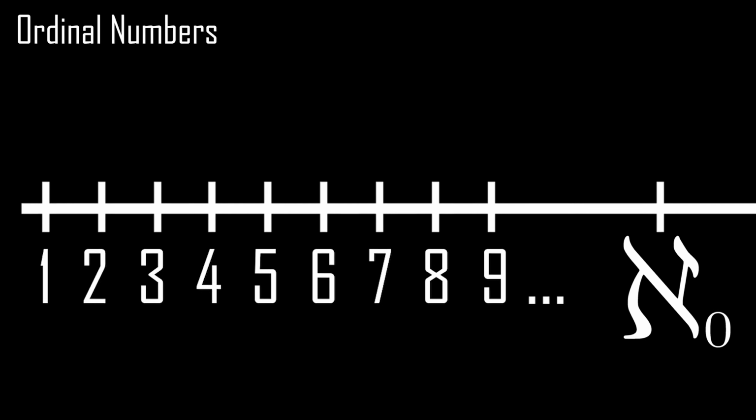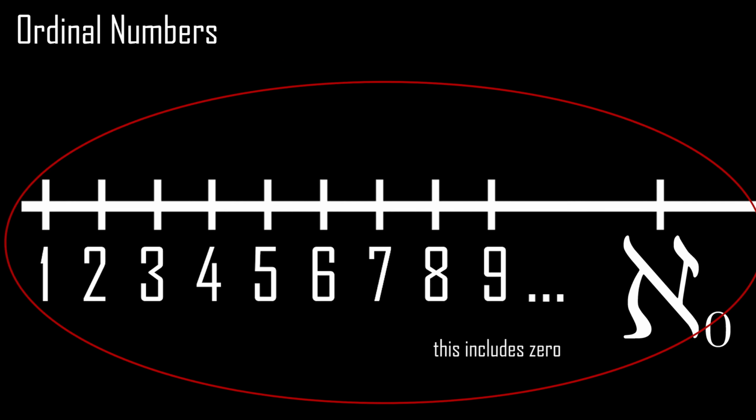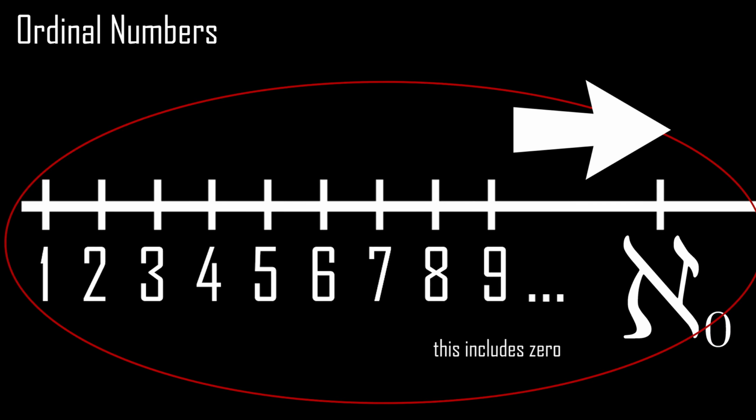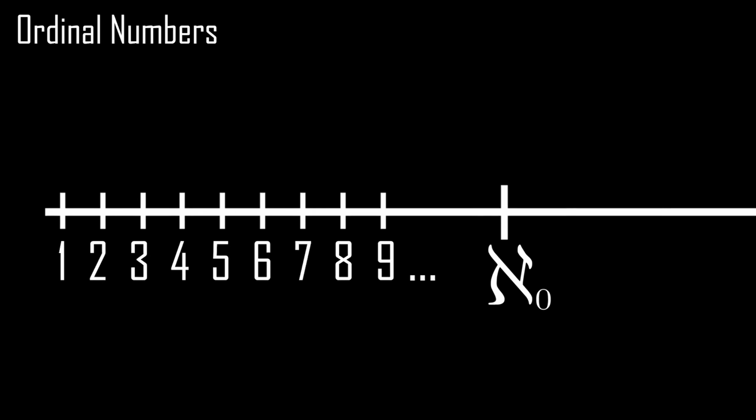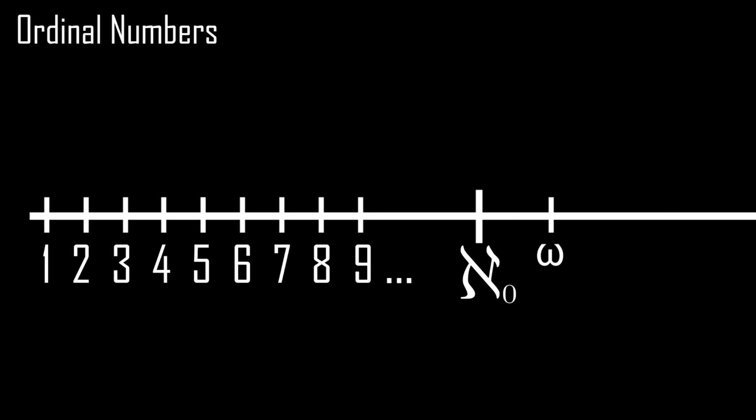Notice how the set of all natural numbers plus aleph null does not currently contain an order type. Since the set is well-ordered, it must have an order type, but it cannot be any natural number or aleph null because the order type of the set is after the last number in the original set. We now need a new number that comes after aleph null, which we call omega, the first transfinite ordinal.